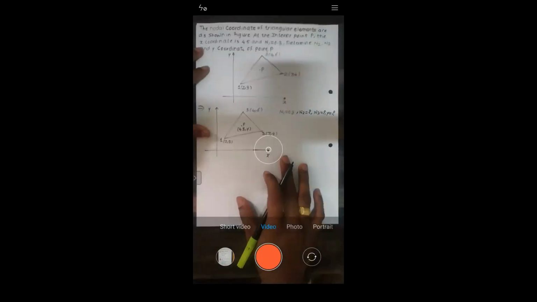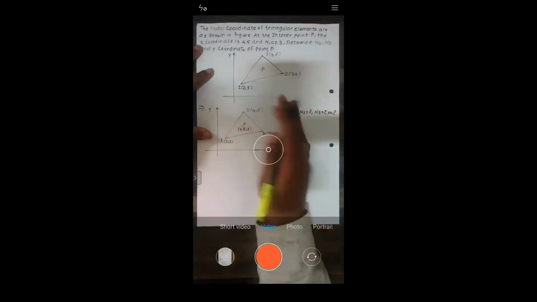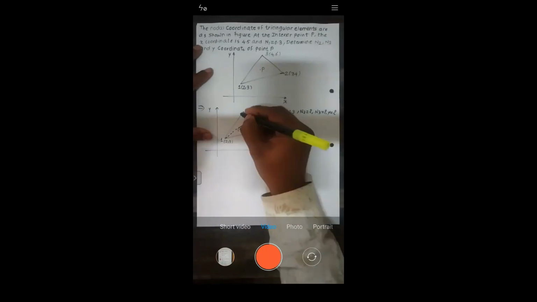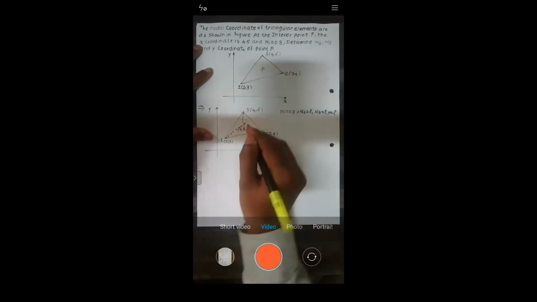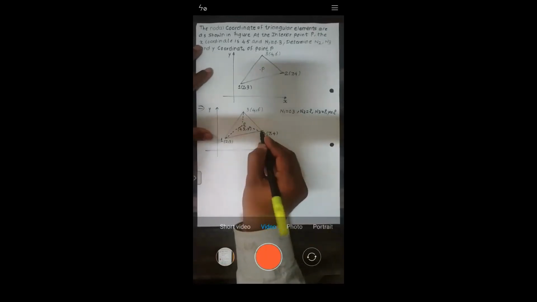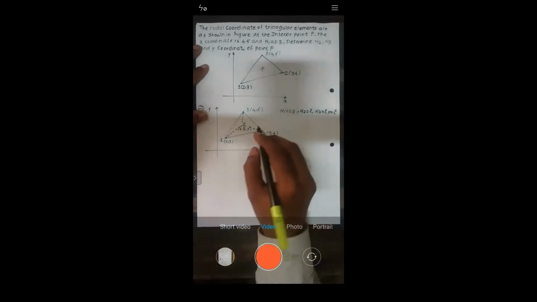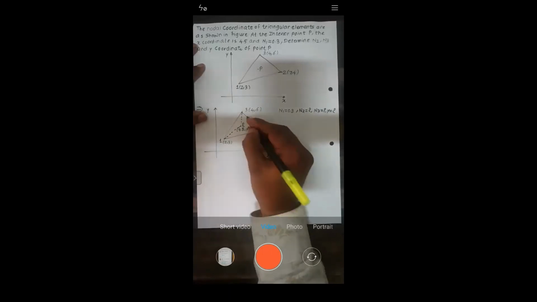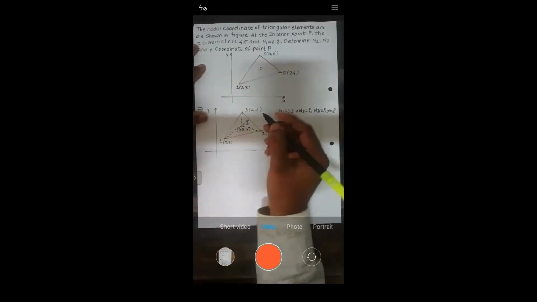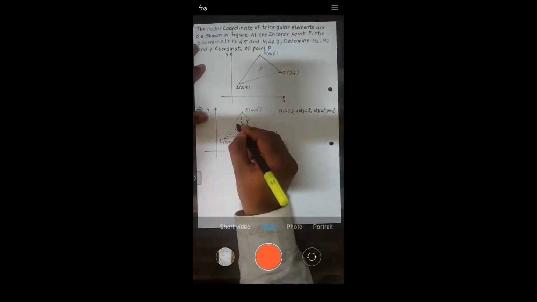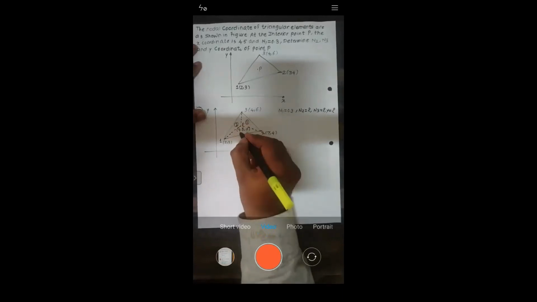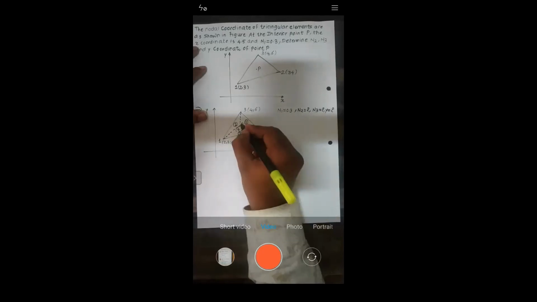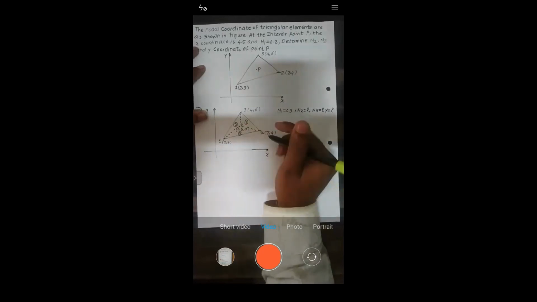What is our practice? It is to connect the point P with every node. When you connect the point P to every node, you will get 3 triangles. The triangle in front of node 1 you call triangle 1, in front of node 2 triangle 2, and in front of node 3 triangle number 3. Now we need to start calculating the shape function N1.